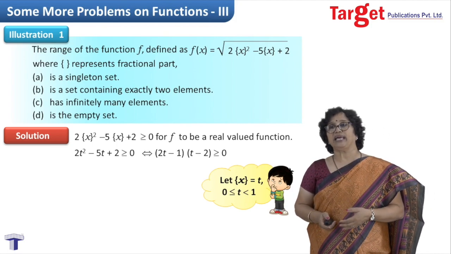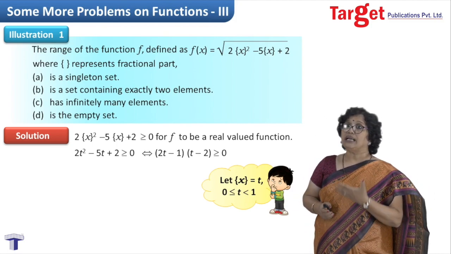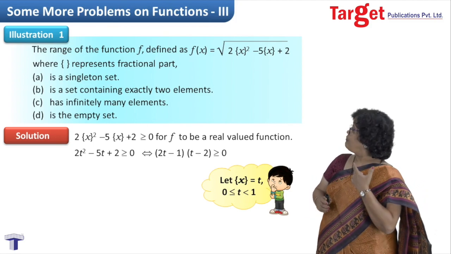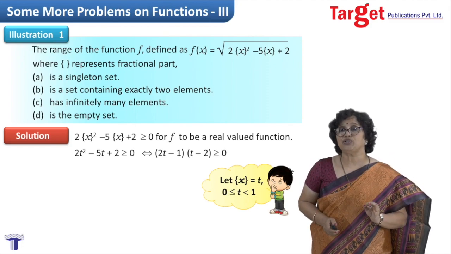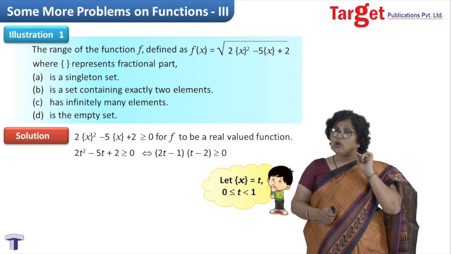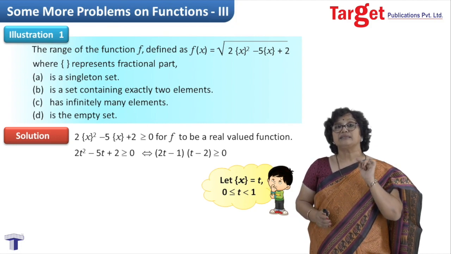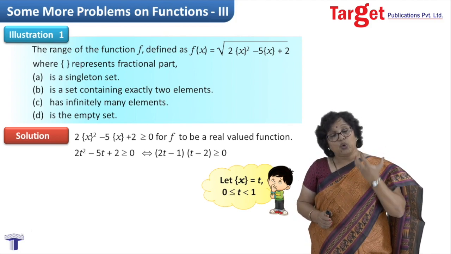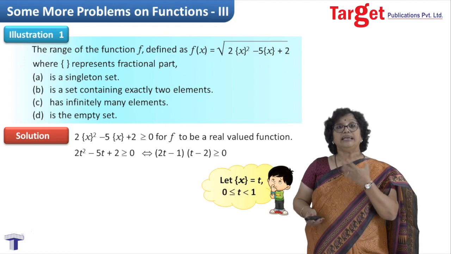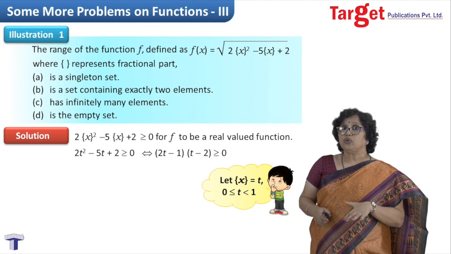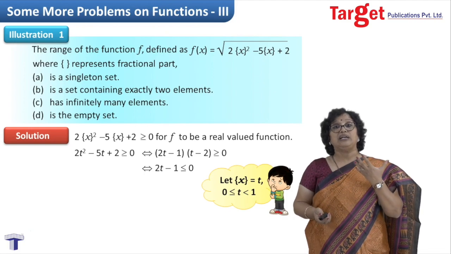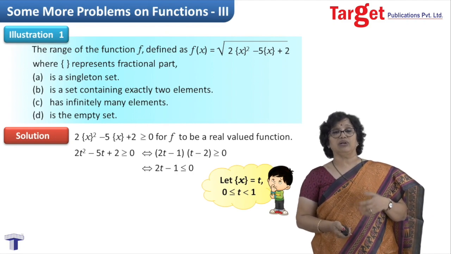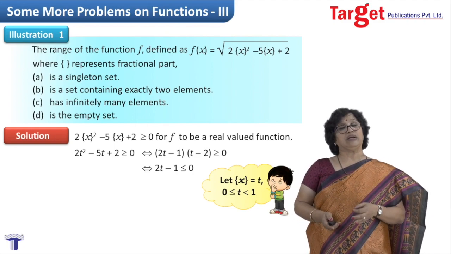So we write from there, and we have factorized already that 2t^2 minus 5t plus 2 is greater or equal to 0, and I have found (2t minus 1)(t minus 2) greater or equal to 0. Look at that factor t minus 2. t minus 2 is a negative quantity. And since for all t which we are considering, t minus 2 is negative, automatically I have one constraint on 2t minus 1. And what is that constraint? That 2t minus 1 has become less or equal to 0. And that leads to t less or equal to half.